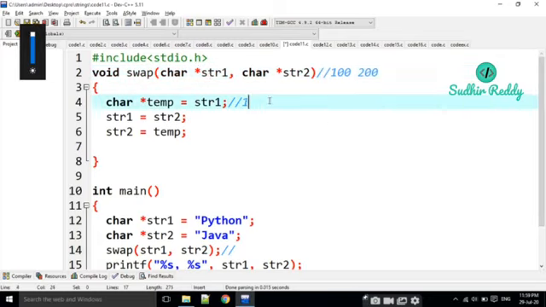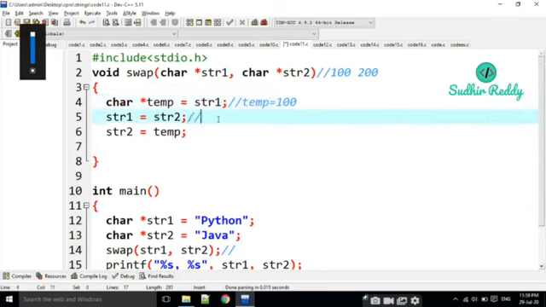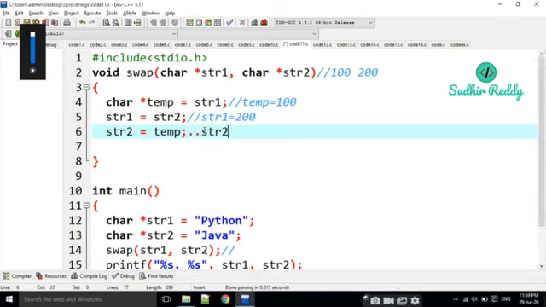In temp, now temp becomes 100. And now str1 is equal to 200, str2 is equal to 100 here. The addresses of the first characters are interchanged here.